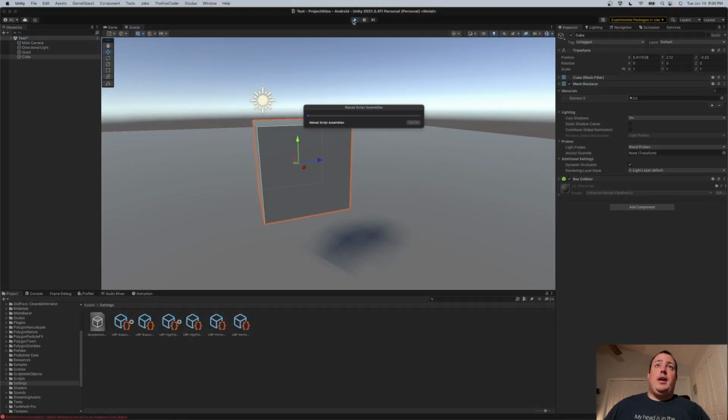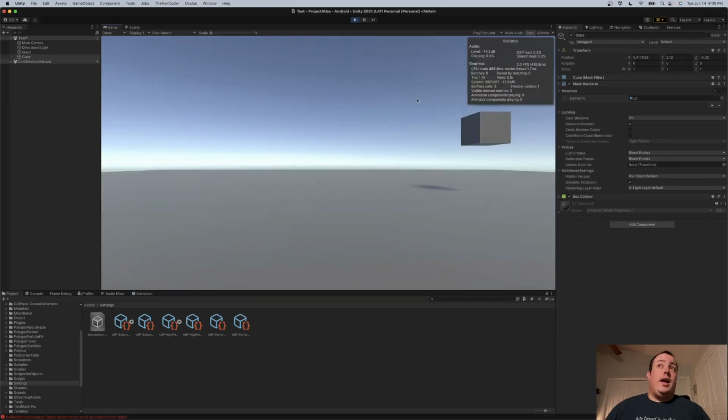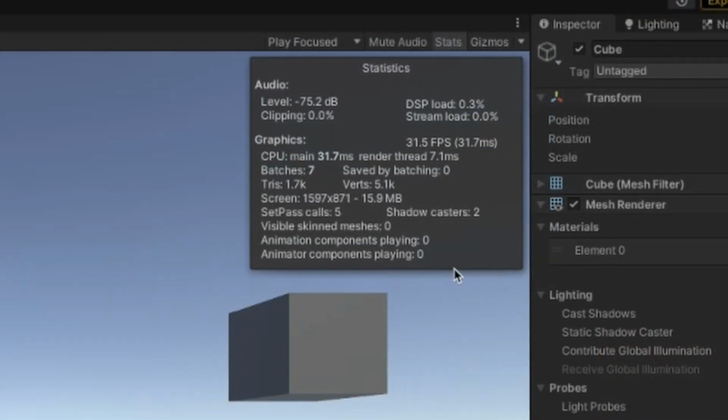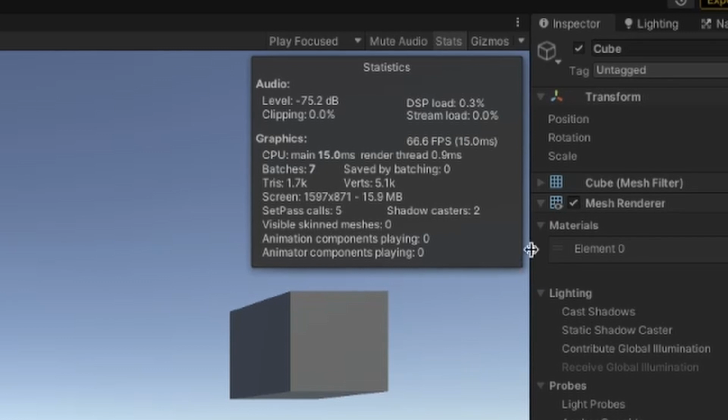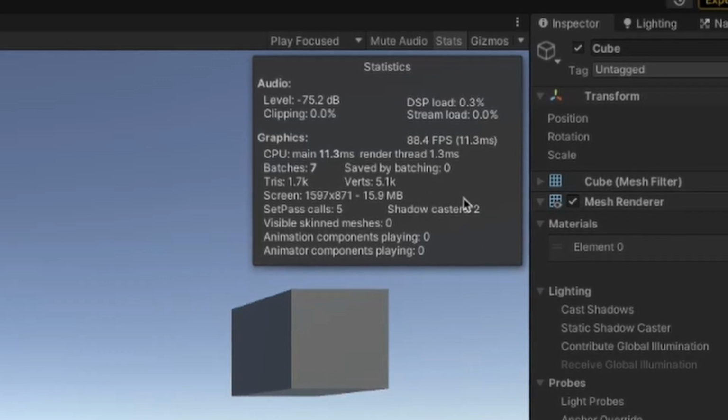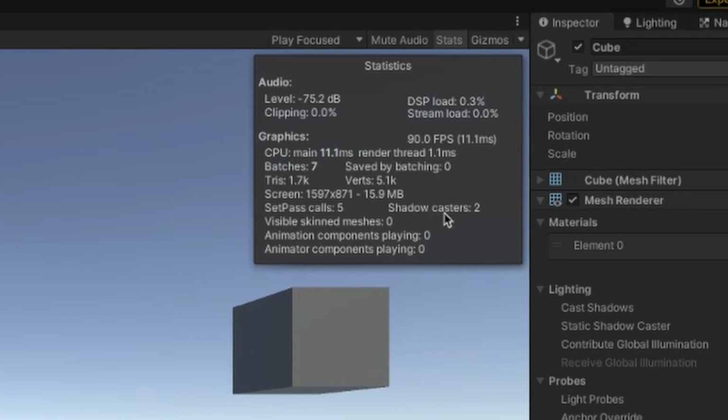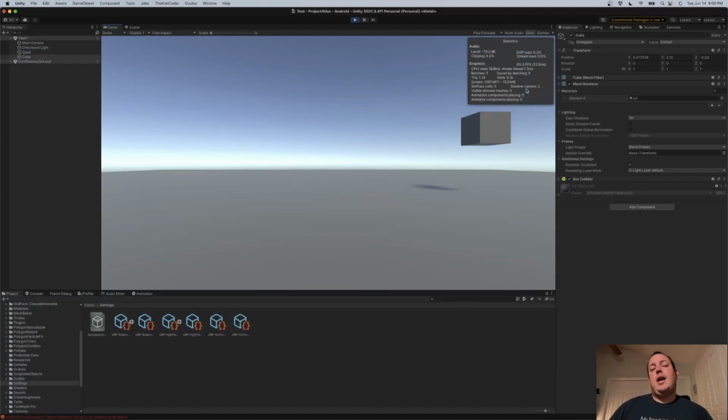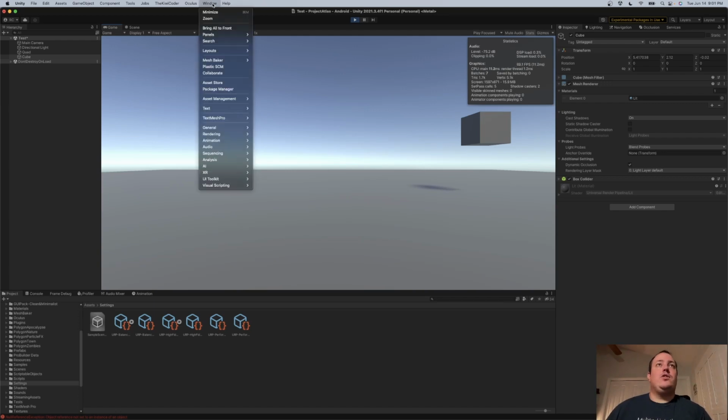So when I run this scene with the 3D cube, I should see the batches go up, and I have 2 shadow casters. The shadow casters are actually pretty important here. This means I have some type of dynamic shadow casting object in my scene. To really drill into how my scene is configured, since I possibly missed some items that are contributing shadows and eating into my performance budget,